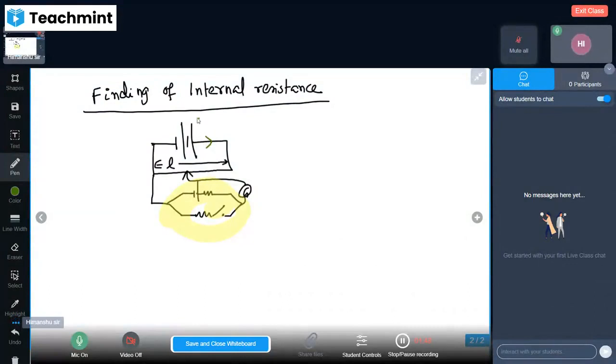So here it is, suppose V volt. Here it is V, here it is 0. When we come across this part 0, then this is EMF E, suppose. So that means this is also E. It will correspond to a reading of length L1, suppose. Then what can we write? V by L is the potential gradient of the potentiometer. So K into L1 is equal to the EMF.